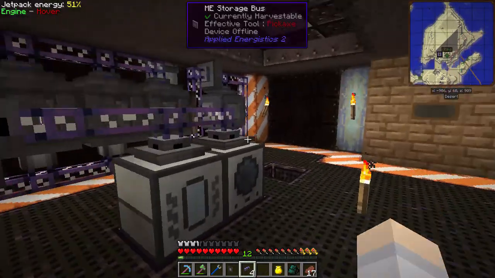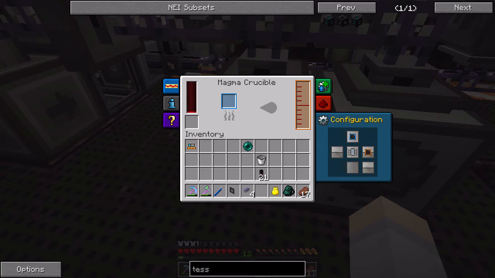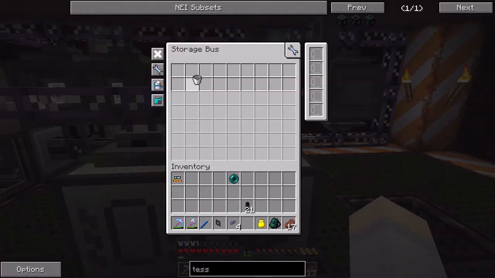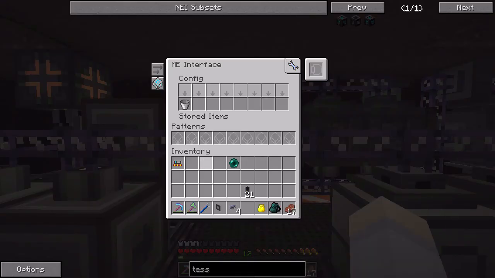Okay. So, the storage buses will try and store things in whatever inventory they're attached to. So if I tell this that it should be storing buckets, if any buckets go into this interface like this,